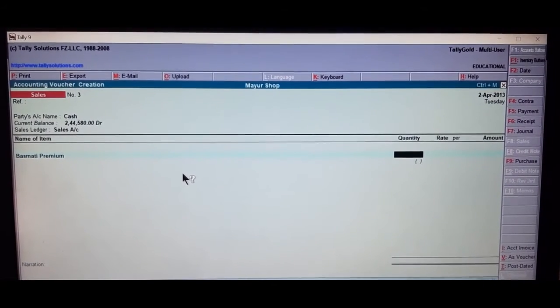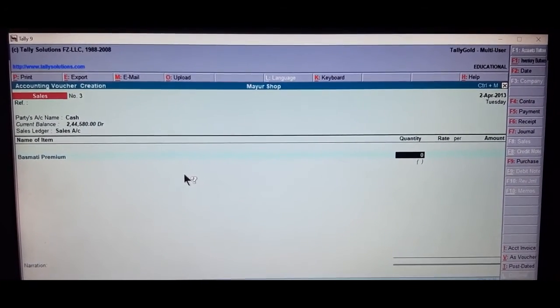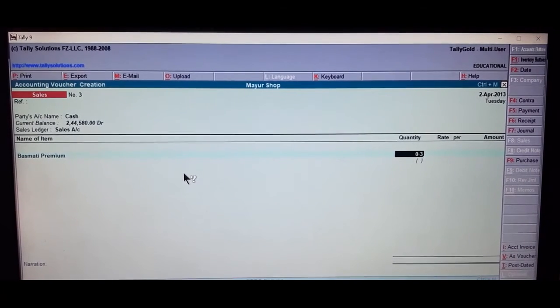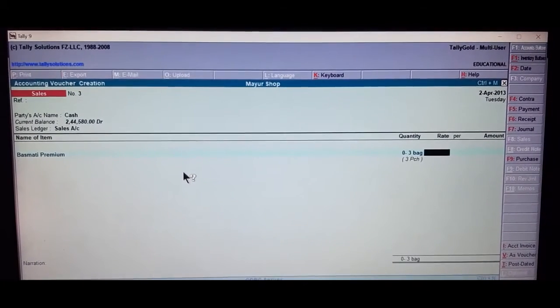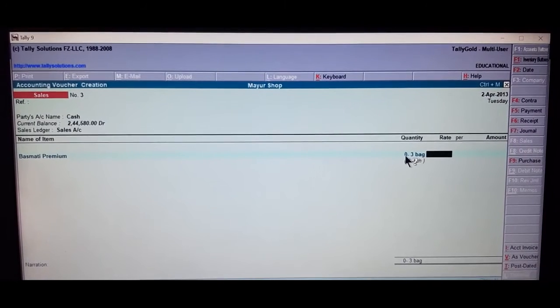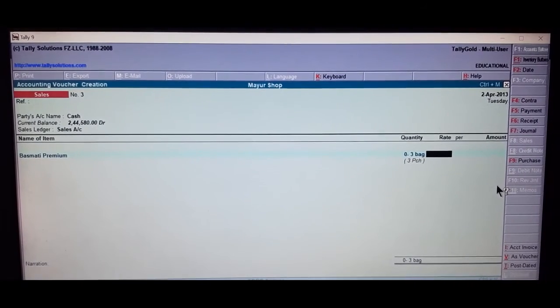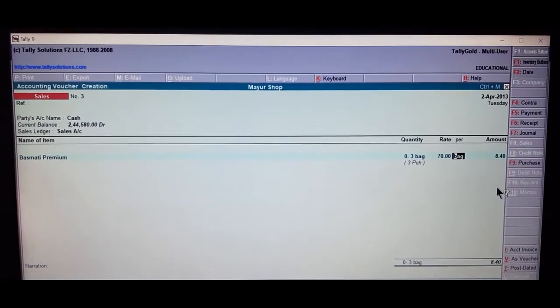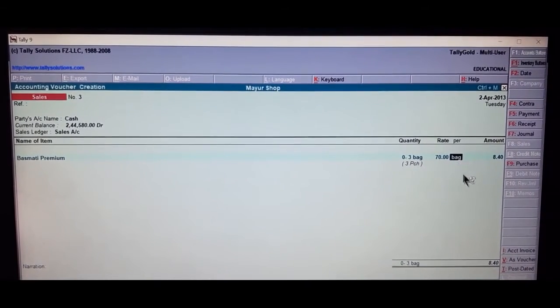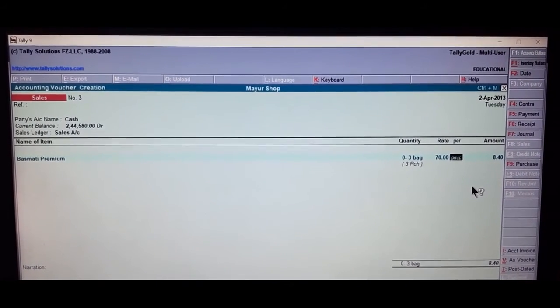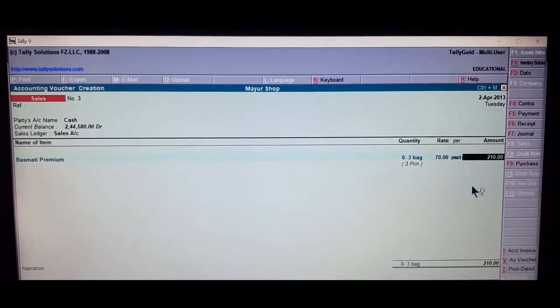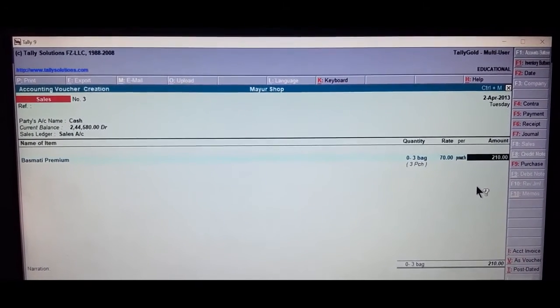Quantity is 3 pouches, 0-3. First number represents bag, the second number represents pouch. Rate per pouch is 70. Bag will come, this has to be changed to pouch. Later the amount will be changed.